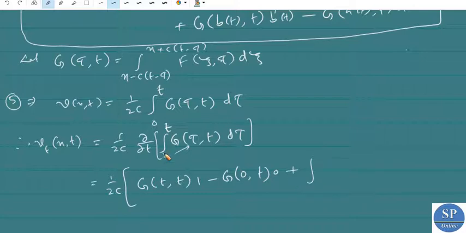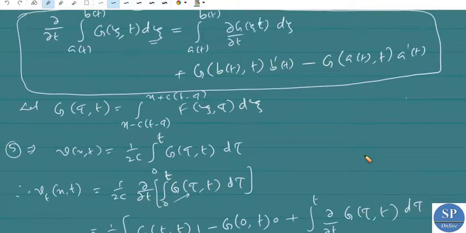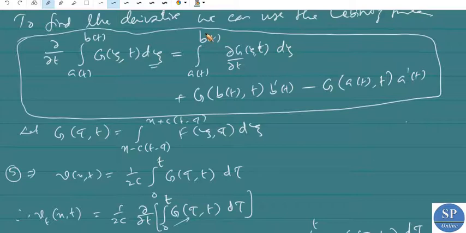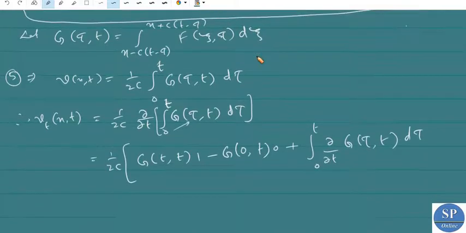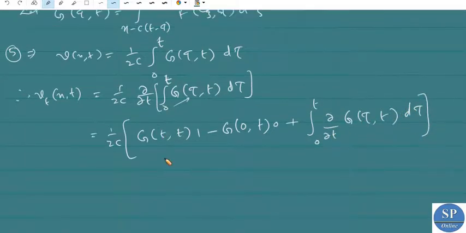this integral is 0 to t dou by dou t of g of tau comma t d tau. Okay, that is what this integral a of t to b of t dou by dou t of this function is. So we are doing this dou by dou t of g of tau comma t d tau. Now this is equal to